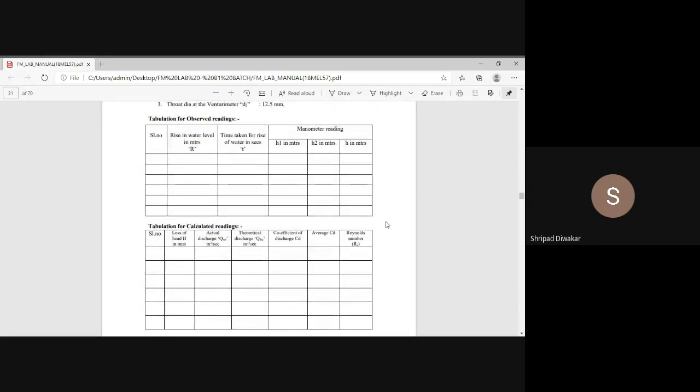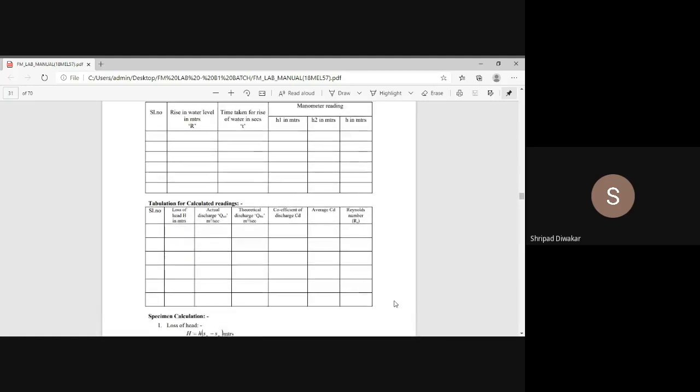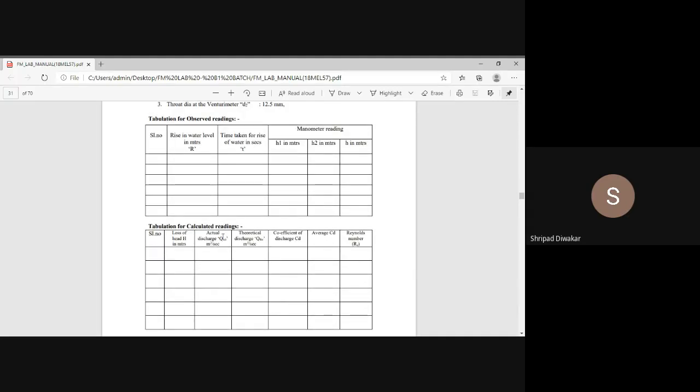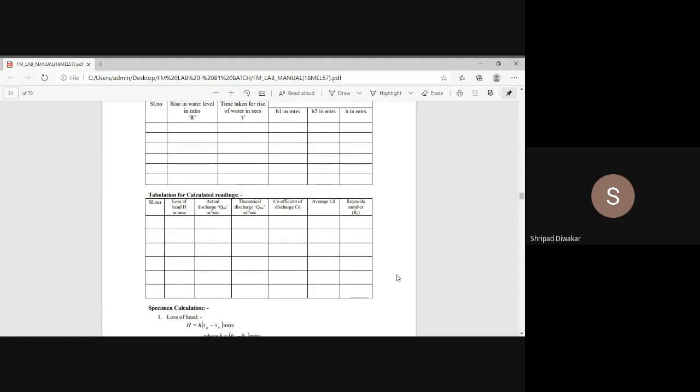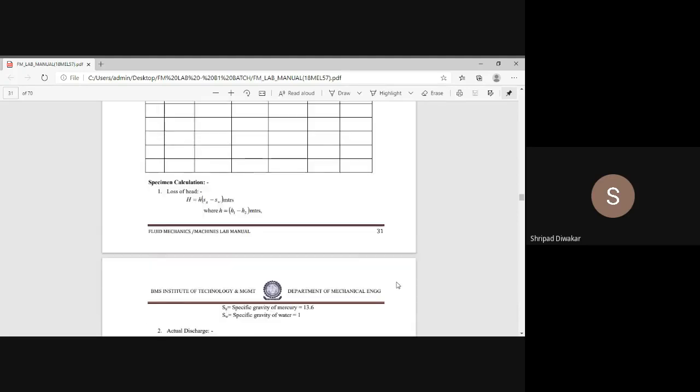And one more thing. In the record also, suppose I'm giving three readings, you have to do the calculation and put it in the tabular column. But you have to show the calculation for only one reading, either trial 1, trial 2 or trial 3. Don't show all the calculation. In the examination also, suppose you have 4 readings, you have to do all the calculation for 4 readings and then show the specimen calculation for any one of the readings. Just do the calculation in the calculator and put it in tabular form. But you have to show any one calculation, either first, second, or third.